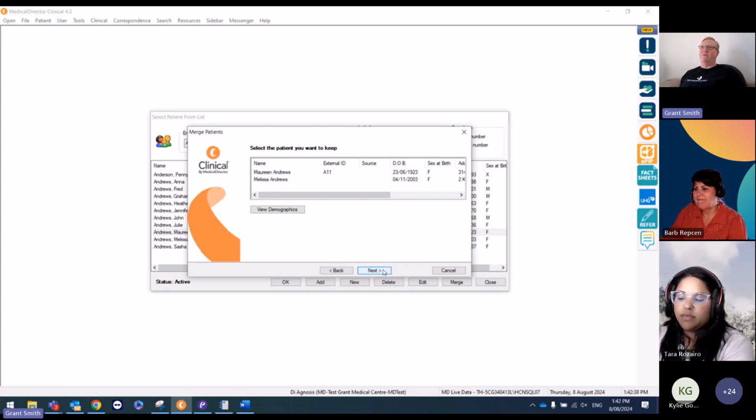I'm going to say measure twice, cut once. I'm going to say measure 15 times. Make sure you got the right data here, because unmerging a patient is a nightmare. And if you try and do it manually, you're literally moving results and documents backwards and forwards. That's a headache in and of itself. As I say, in future, we will be building an unmerge utility, and I look forward to the production of